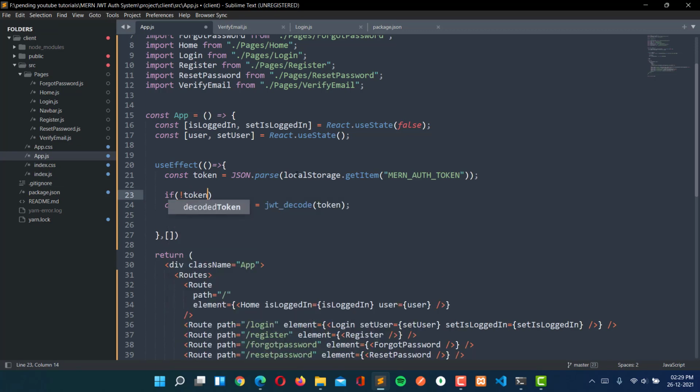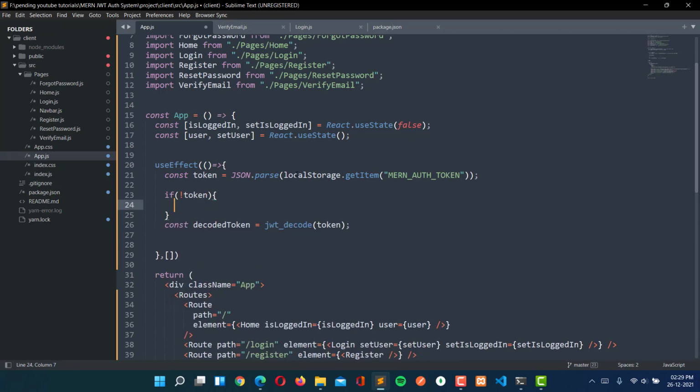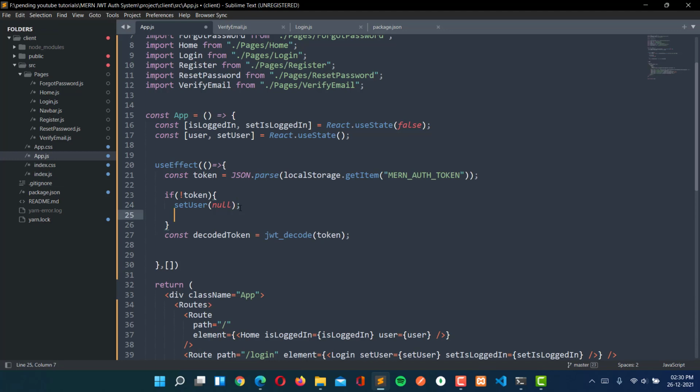If there is not any token, this means that our user is not logged in. So here we are going to write setUser is equal to null. So setUser will be null here, and isLoggedIn will be false.